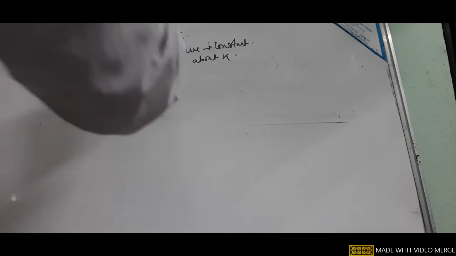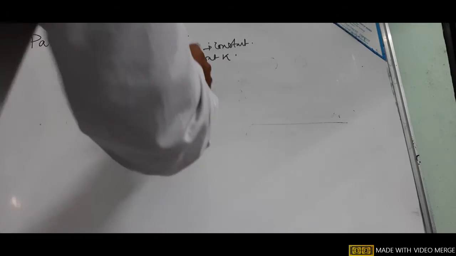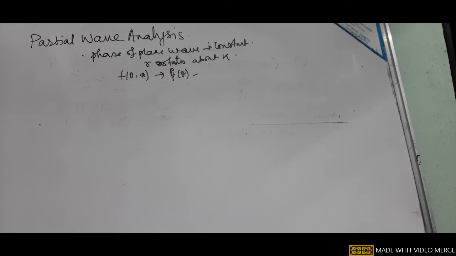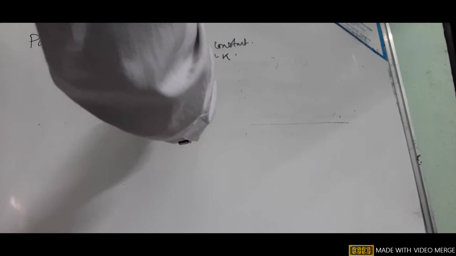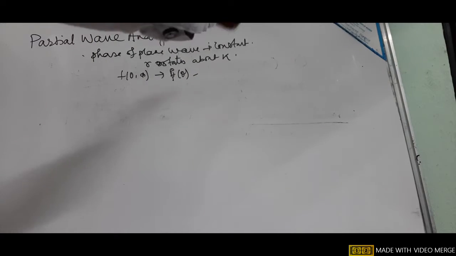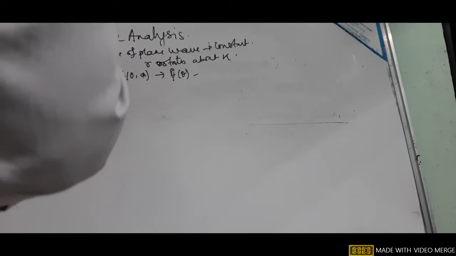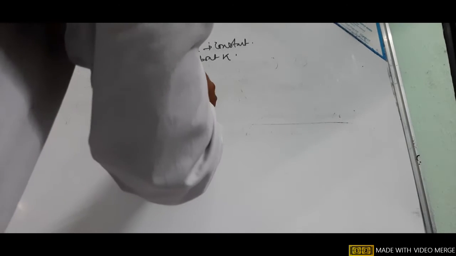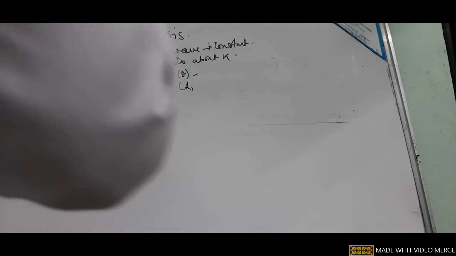So f(θ, φ) is only theta dependent. There is no phi. From rotational invariance of the Hamiltonian, the scattered wave will be an eigenstate of the angular momentum with the same l and m equal to 0. When it is being scattered, l takes different values, but m is taken as 0.